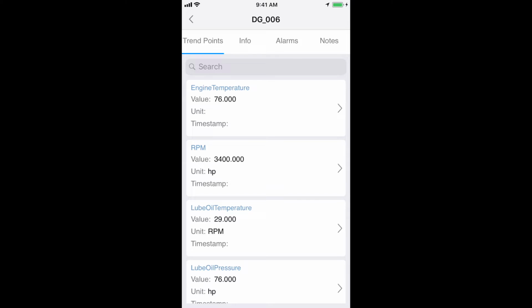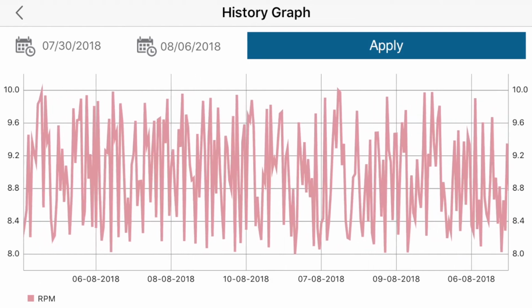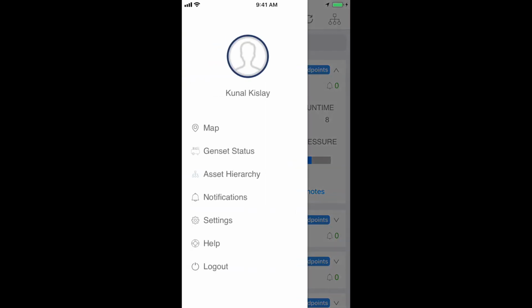Sometimes having the latest information is not enough, and to be able to pinpoint the root cause of a problem, we need to look at the historical data that's captured for a particular parameter. For instance, let's say we want to capture the historical data for RPM. I would click on that icon. So this graph shows us the historical trend points for RPM as collected for that asset. I could zoom in. Going back,